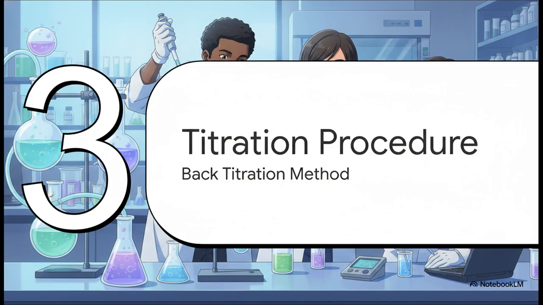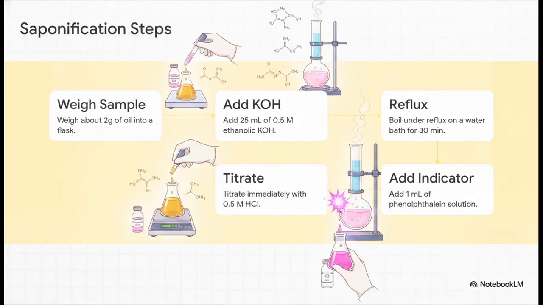All right, Part 3, the back titration procedure. Let's see how this all builds together. It's time for the physical lab bench work. We're going to perform what's known as a back titration. Let's walk through this step by step. First up, we accurately weigh about 1.5 to 2 grams of our fully dried and filtered oil sample straight into our conical flask. Step 2, we add a measured excess of our ethanolic KOH, exactly 25 milliliters. We use an excess to ensure that every single triglyceride is totally broken down. No stragglers. Step 3, we attach our reflux condenser and heat the whole mixture over a water bath for roughly